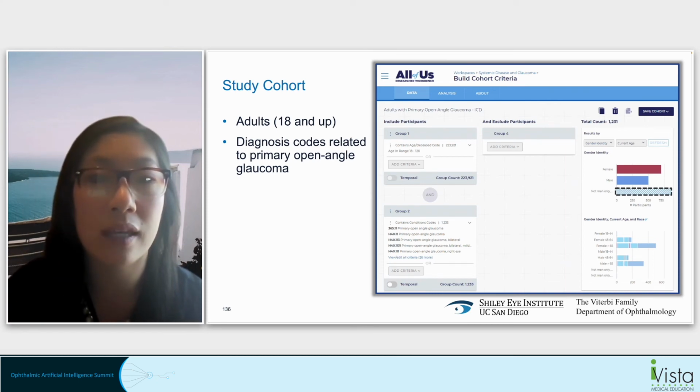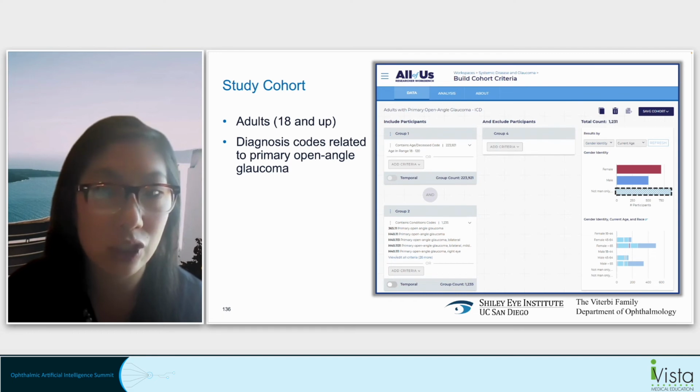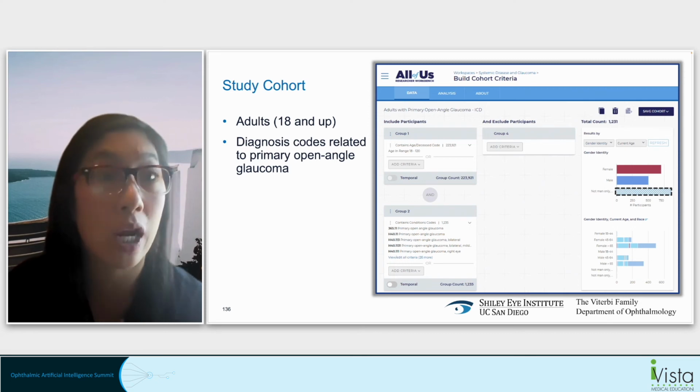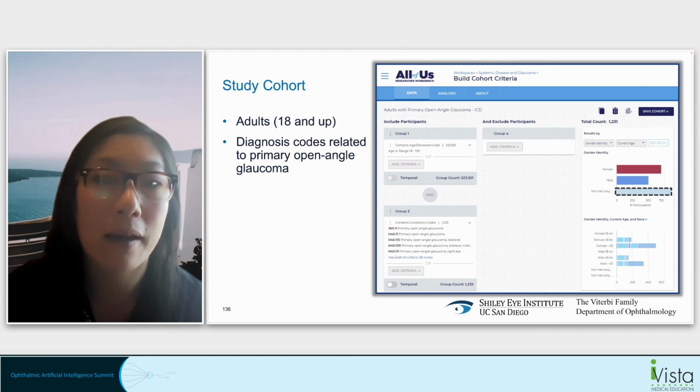And then what the workbench will do is give you a preview and tell you how many people in the database meet the criteria that you have designated, and also what their demographic breakdown looks like. And you can see here in the dashed lines, I've just X'd out the non-binary gender identity because we're not allowed to show data where the group is less than 20 participants. But it's a very easy to use user interface, and what it'll do is generate a structured query language, or SQL, query that will then extract that cohort of patients from the database and launch it into your notebook